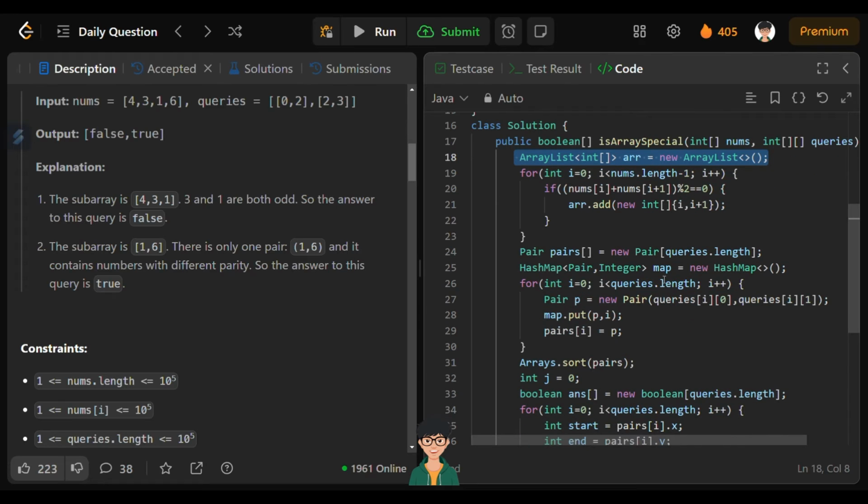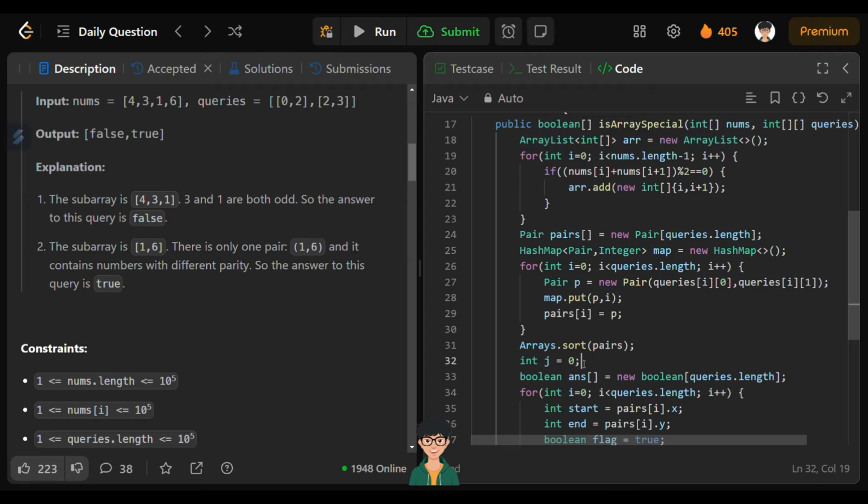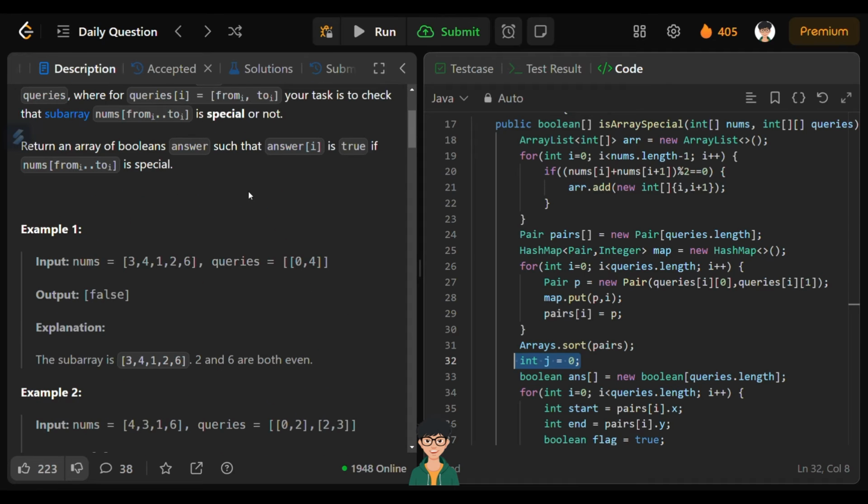So to process it very efficiently, what I need to do is sort the queries array, so that then I can take a pointer on this array also, and then move it accordingly. But I can't sort, because in the answer array you have to return the answers in order. The order of the answer can't be changed. Okay,